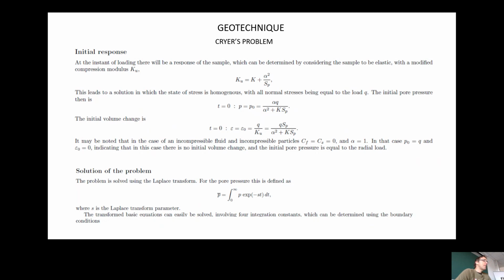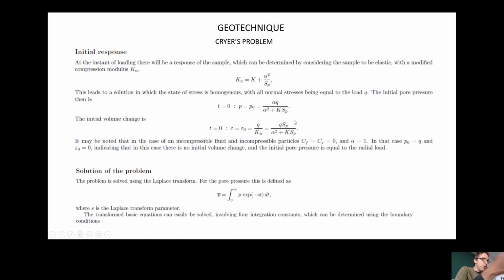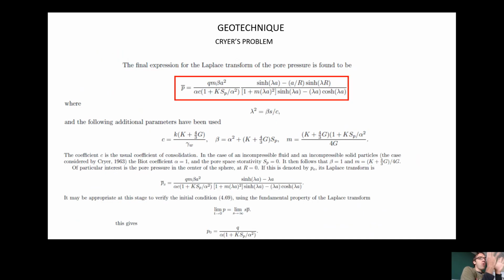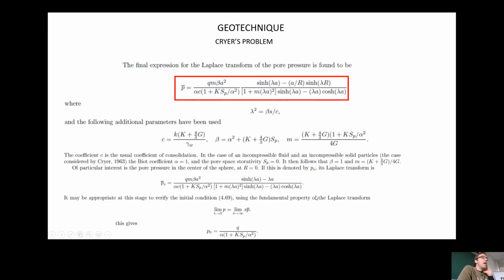The transformed basic equations can easily be solved involving 4 integration constants, which can be determined using the boundary conditions. So we have 4 integration constants, and we need these 4 boundary conditions, of course. I don't want to go on with the mathematical background, also because it requires a lot of mathematical tools, but at the end, the final expression of the Laplace transformation of the pore pressure can be